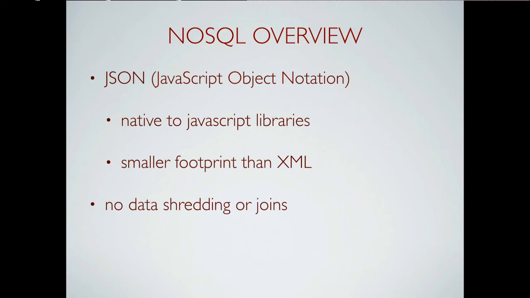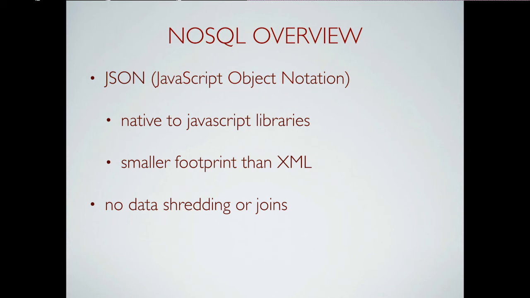The reason it was created was because JSON is native to JavaScript libraries. So JSON, JavaScript Object Notation. And this was originally developed for web-based applications, right? So if I'm displaying, let's say I've got a junkyard screen up and I've got a car, well, I can take everything on that screen, put it into one document, and store it in the database. And conversely, when I pull a document from the database, I bring it into an object in JavaScript and display it on the screen. So same language, same techniques all the way through.